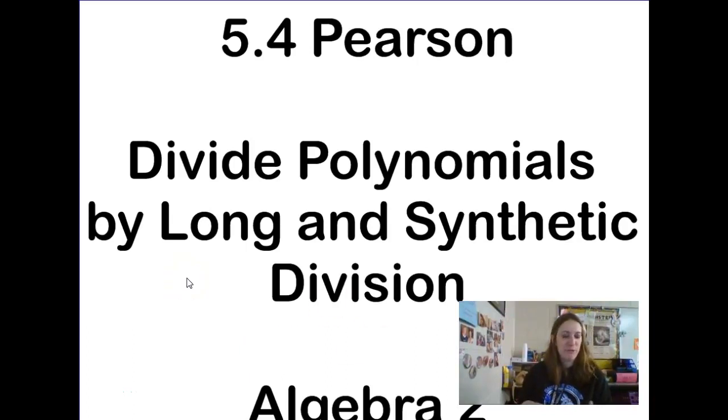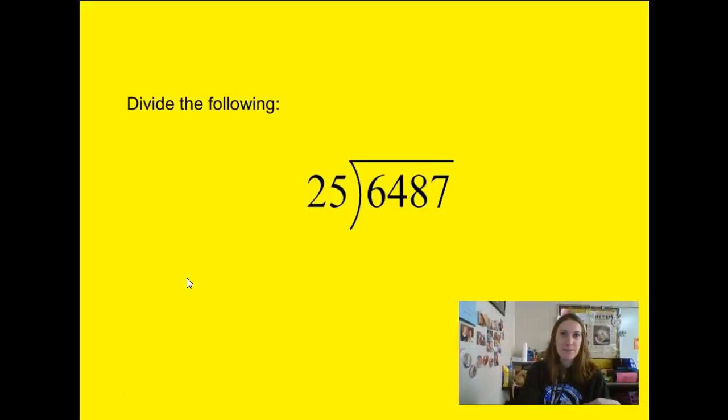So our lesson for 5.4 is going to discuss how to do division of polynomials and actually simplify to a quotient answer, sometimes with a remainder, sometimes not. But before we talk about the algebra concepts, we're going to need to go back to 4th grade for a minute. So if I took the number